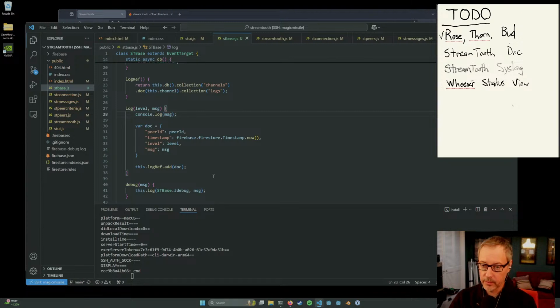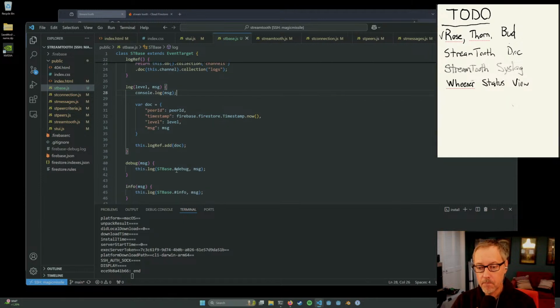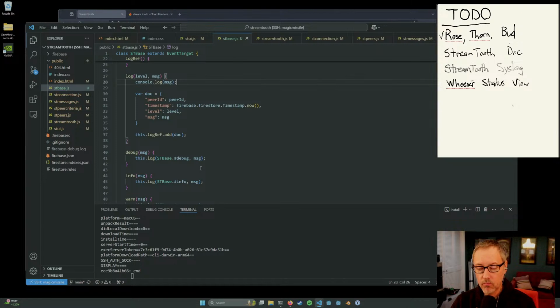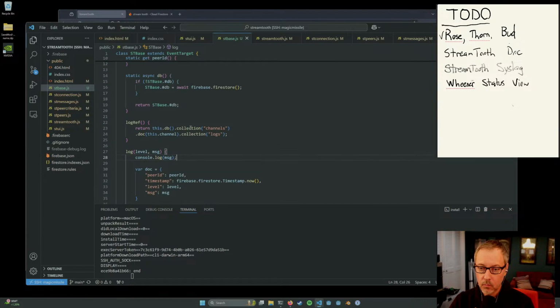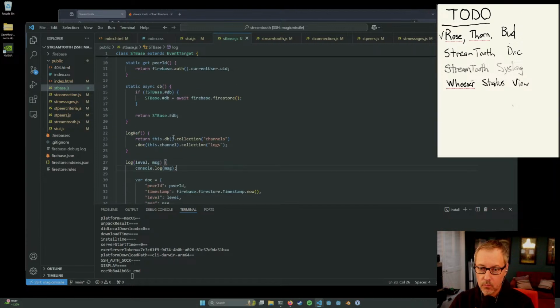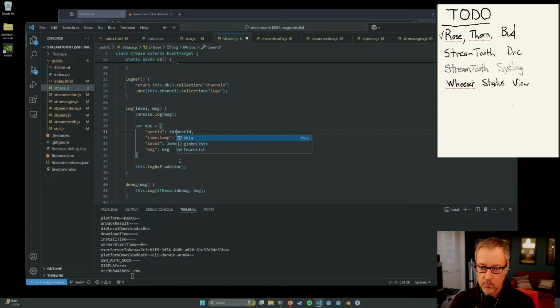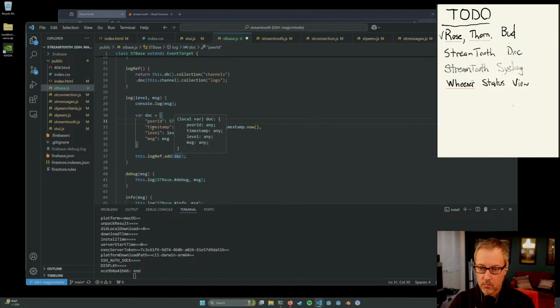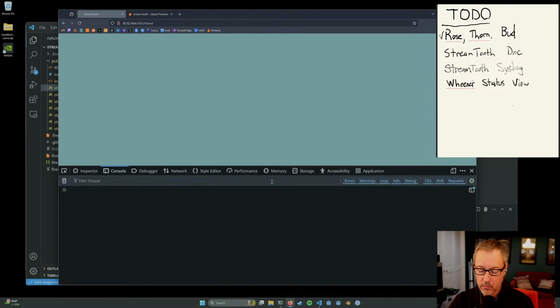I need to rethink the way I'm doing levels, but we'll do that in a minute. We'll come back to that. All right. I think I can call, let's see if I can call it like that. Let's see if that works. Okay, reload.